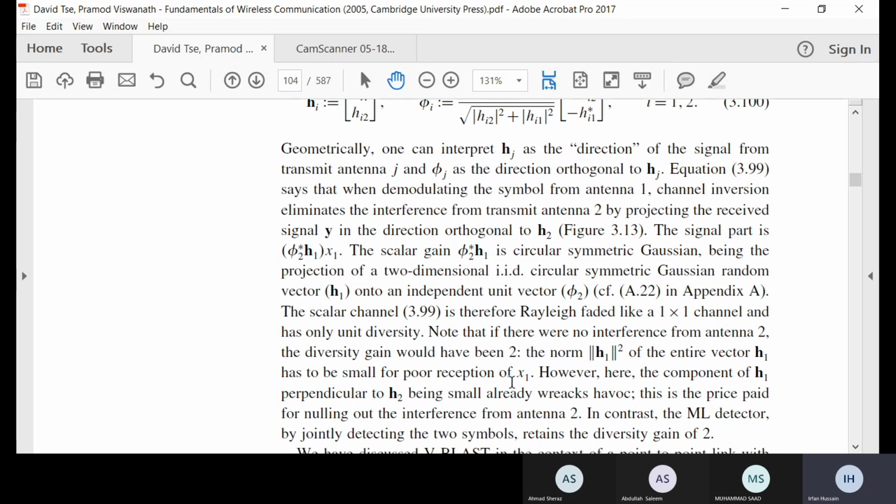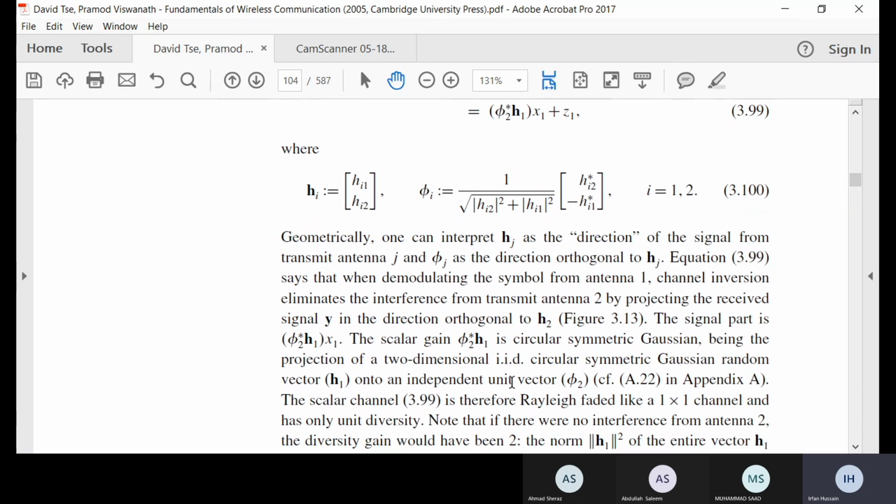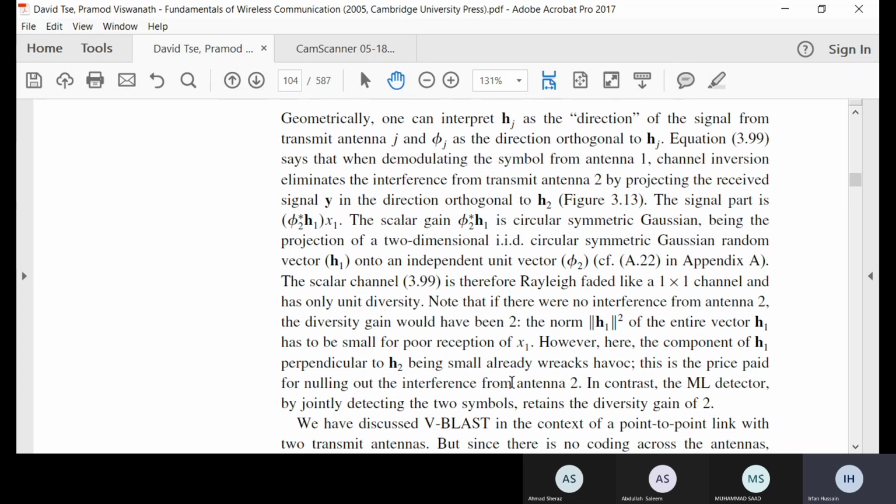The norm of h1 has to be small for poor reception of x1. So yes, if it is small, then you will always have poor reception. That is quite understood, and that we have also discussed previously. However, the component of h1 perpendicular to h2 being small already wreaks havoc. And then the component of h1 which is perpendicular to h2 being small will create further problems, and this is the price that will be paid for nulling out the interference from